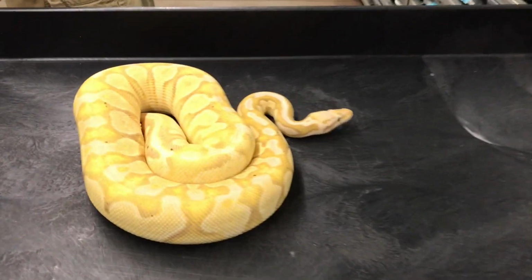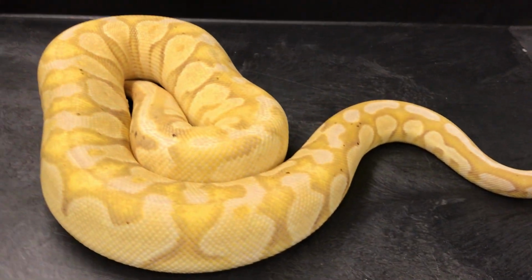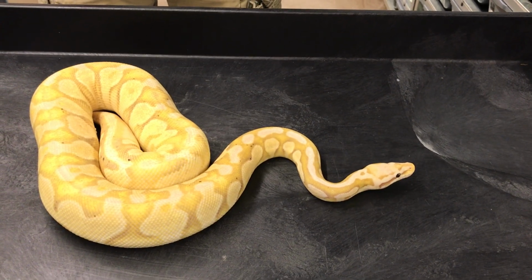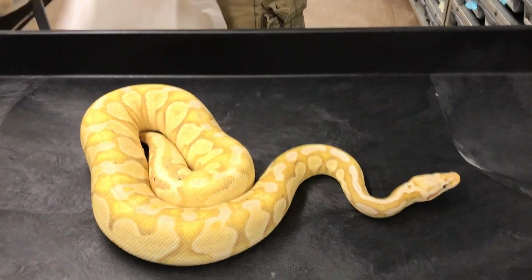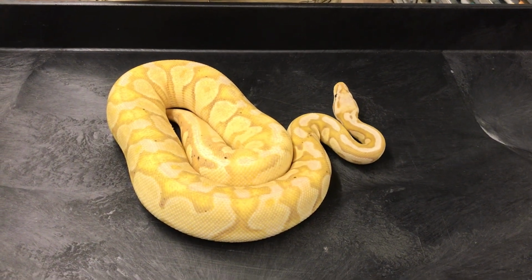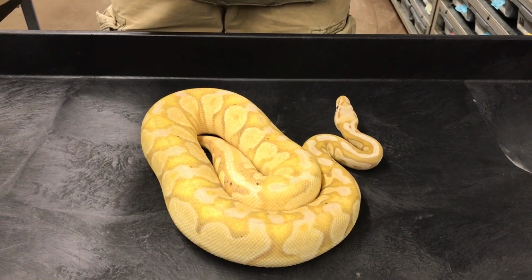Okay, I have a few more to show you. Over the last few years, I've been working with the banana gene, I think since 2013, and I'm really trying to figure out what genes combine best to produce the nicest looking babies. Some genes really breed well with banana, and others I don't think are really that great. It just depends on what genes you put in there. So I've been doing a lot of experimenting, trying to figure out which ones I like the best in bananas and which ones I don't. So far the ones that I like the most as far as common genes go are Calico, Yellow Belly, Enchi, and Sugar. There's a few others as well. Oh, and Leopard too. Speaking of leopard,